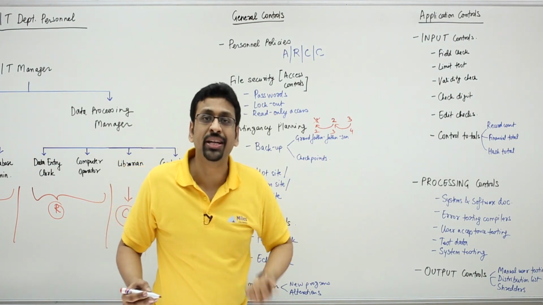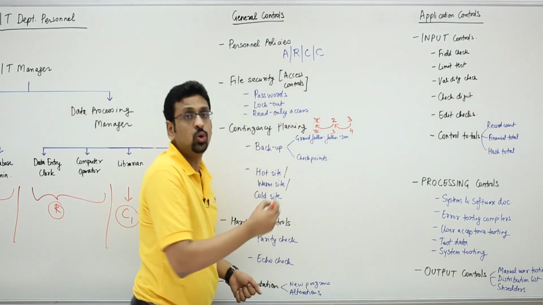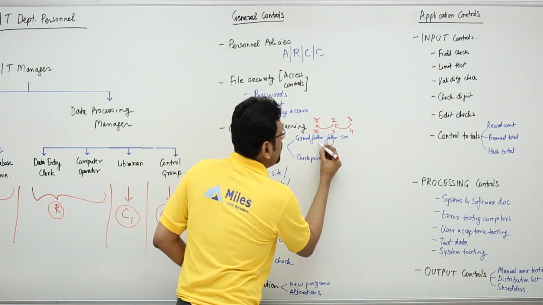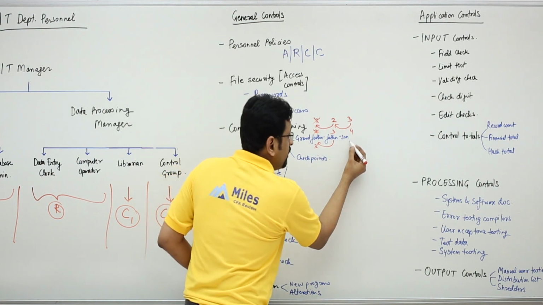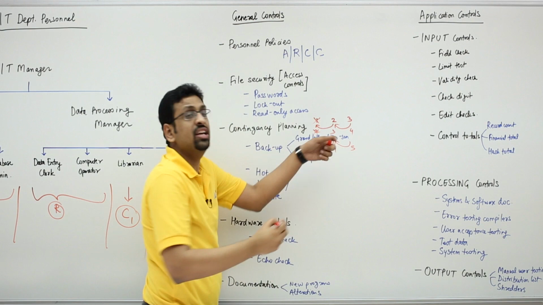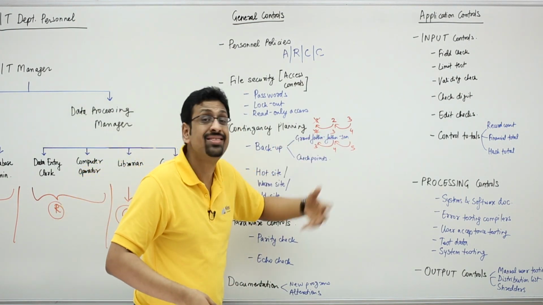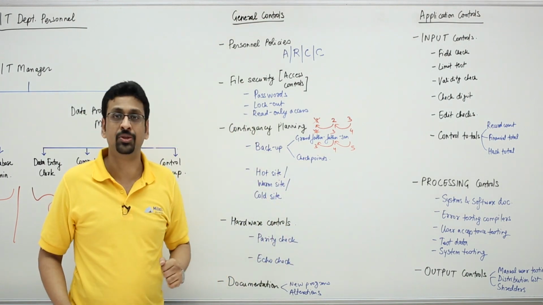Let's say you also have period 5 to take a backup for. What you do is you let period 2 die. Period 3 now becomes the grandfather. Period 4, who was the son, becomes the father. And period 5 is the new son. So that is how you do a grandfather, father, son retention for backups.